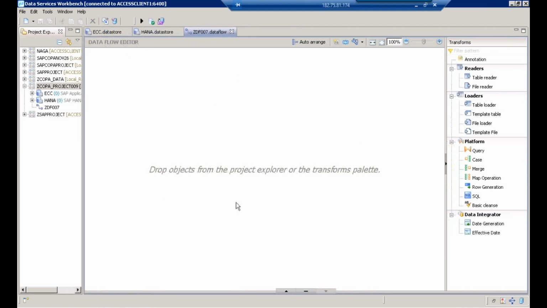So we are inside the data flow. Once you are inside the data flow, here you see there is something called transforms. Now what is a transform? Transform is to massage data. Now what I would like to show participants,